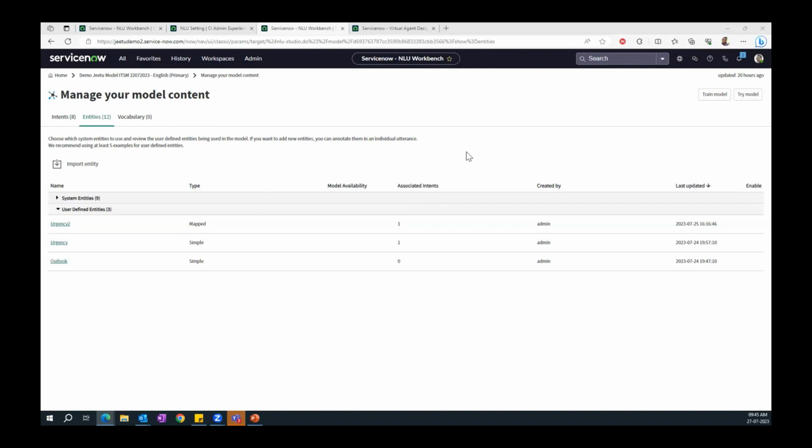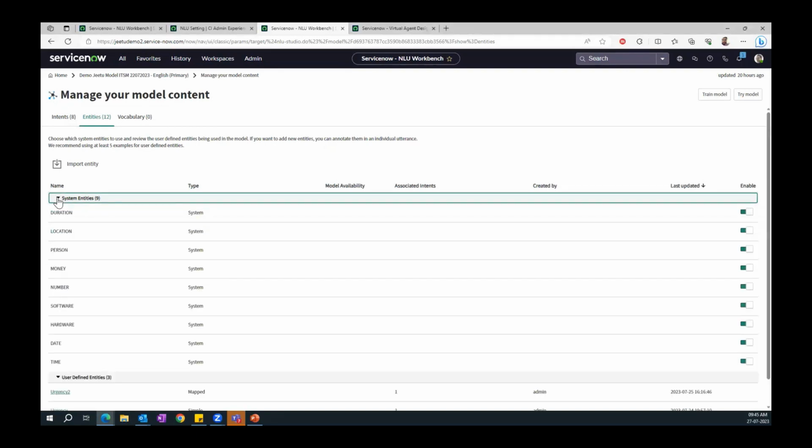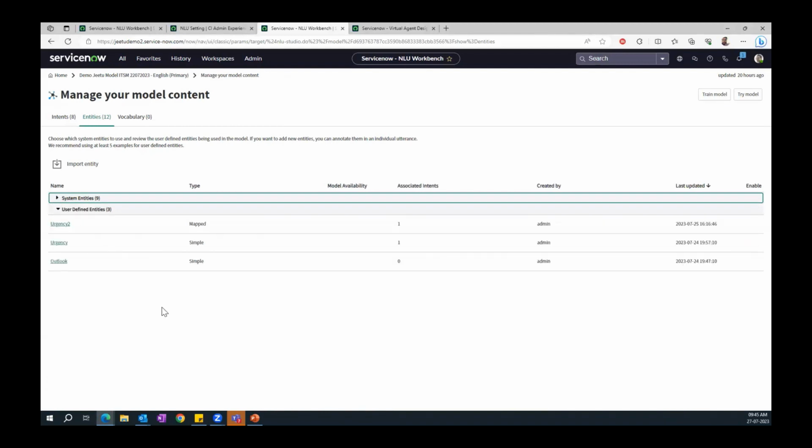Okay, so keep asking questions midway. So there was a question on the entity, right? So these are the entities defined. So you can define entities here. As I mentioned, we have different types of entities. We can see one entity is urgency 2. There are system inbuilt entities as well. So it's kind of a reference. What the system will do is make a reference of those entities. And whenever your VA conversation has the same references, then NLU will predict the right intent behind those variables.